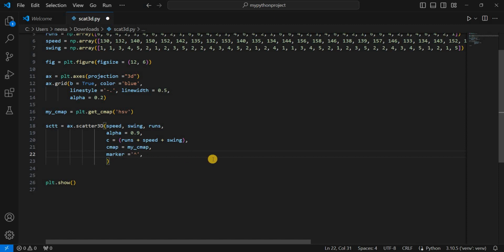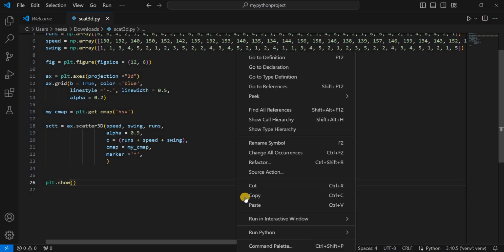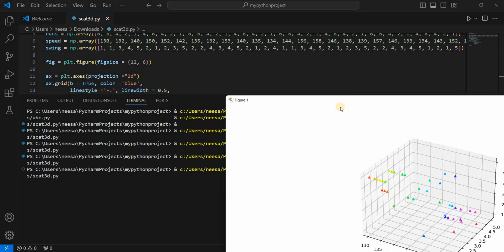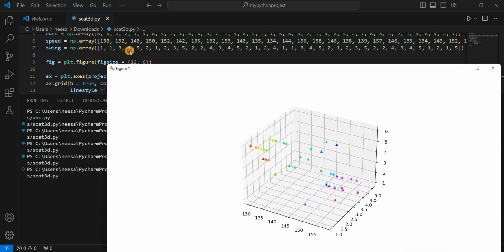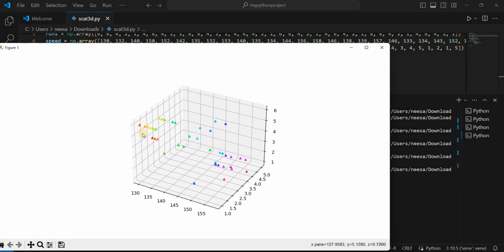You can use a plus sign, minus sign, or any other marker here. So once we have added this scatter into the color map, let's see what difference we will be able to see. You can see we are having this plotted data. These are the data points that we have already plotted, and you can see the speed is plotted on the x-axis, the swing is plotted on the y-axis, and the run score is plotted